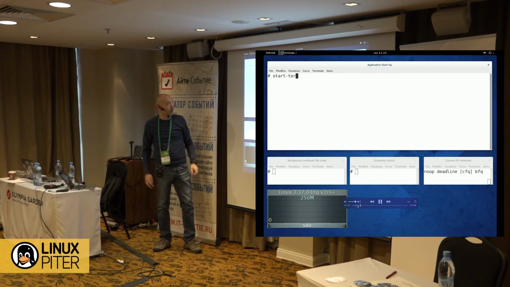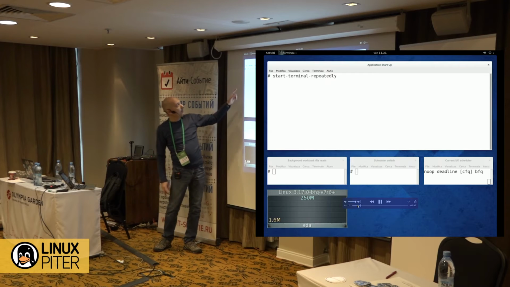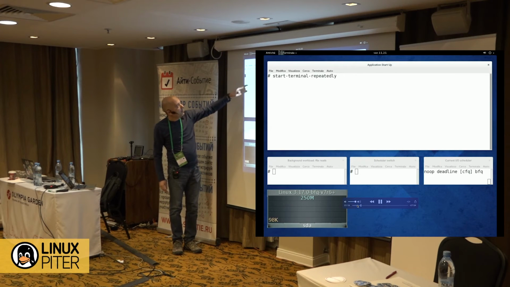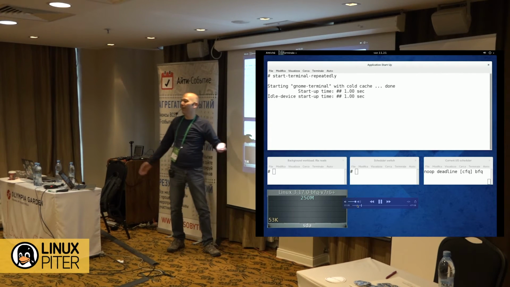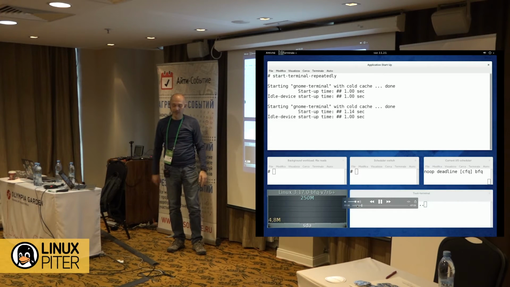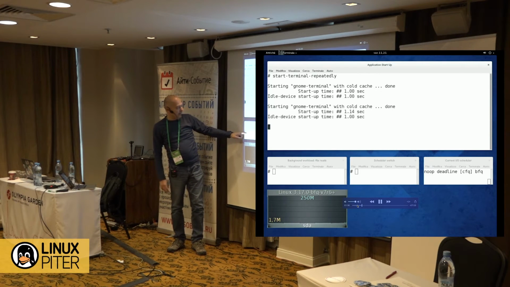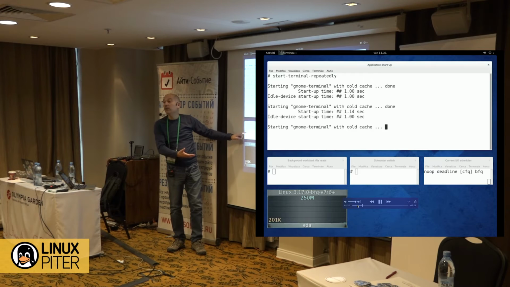This is one example of responsiveness. So the measure time, and right below the average startup time when the disk is idle. Of course, now it's the same number because the disk is idle. It's only starting the terminal. Here I will start some background workload, because this is the interesting case.